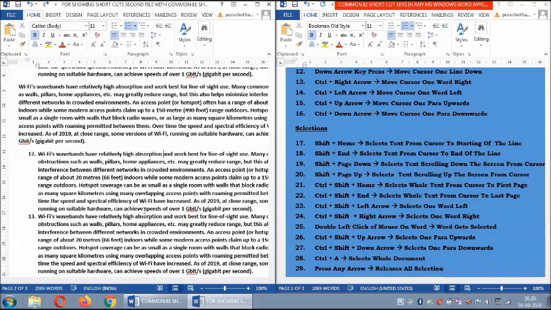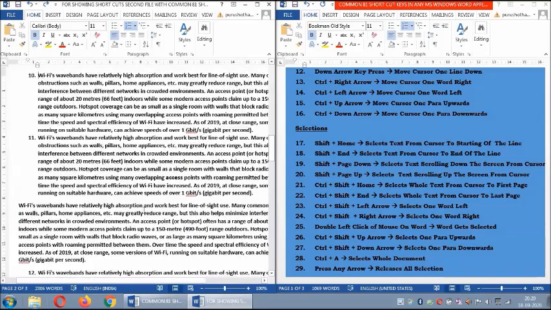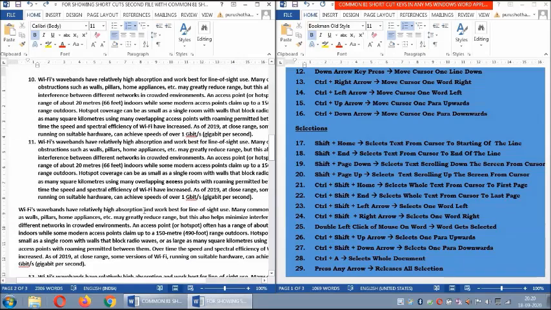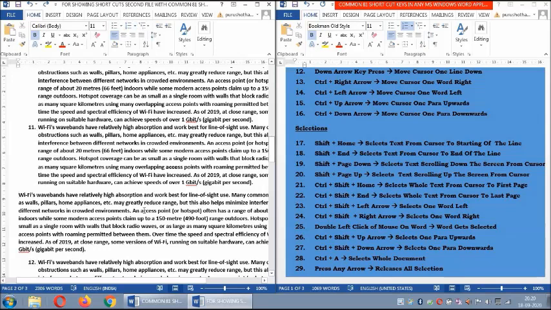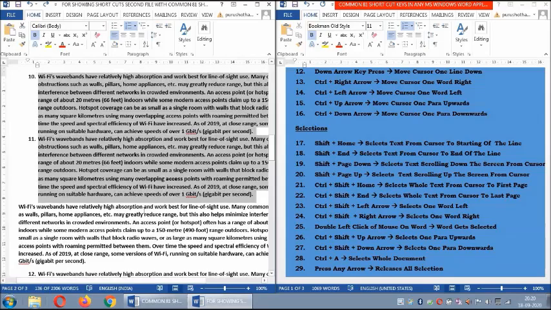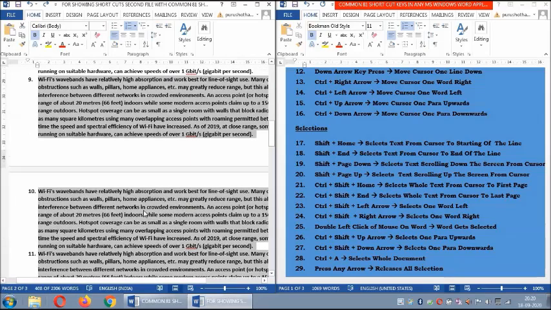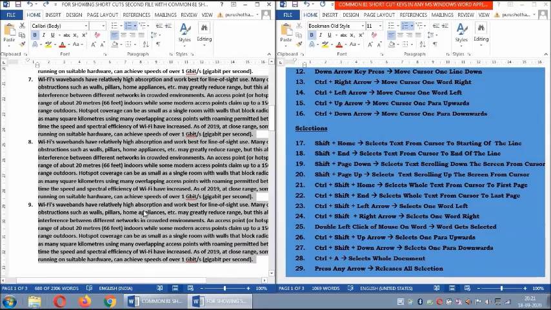Now Control Shift up arrow. Till now, up arrow means only one line upwards. Down arrow means moves downwards. Control up arrow, one paragraph upwards. Control down arrow, one paragraph downwards. See now, between 12 and this, is it moving or not? Now I use Control Shift up arrow. It is moving, selecting one paragraph. You see 11, 10, 9, 8, 7 from the cursor position. It is selecting upwards one paragraph at a time.